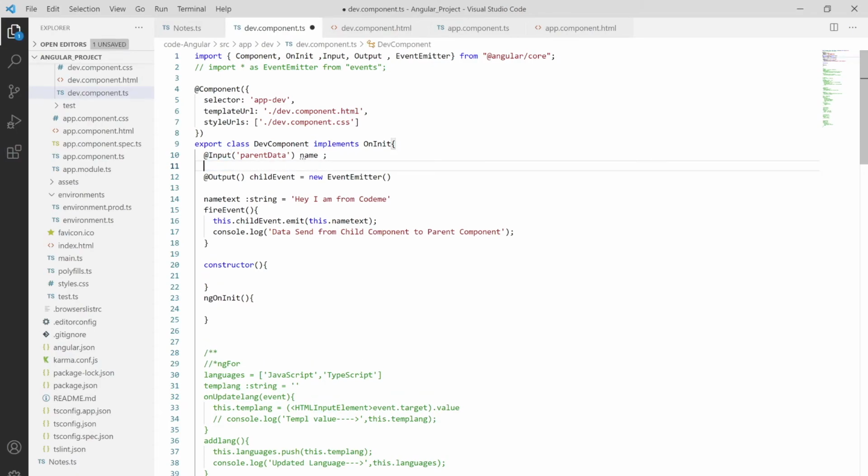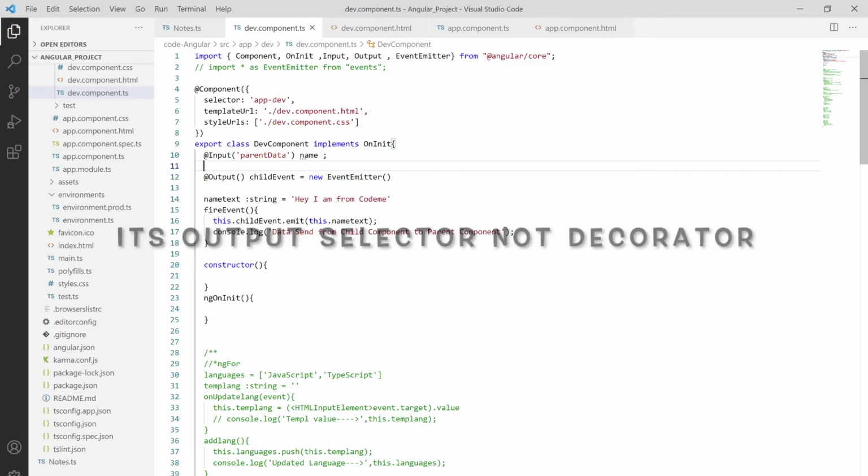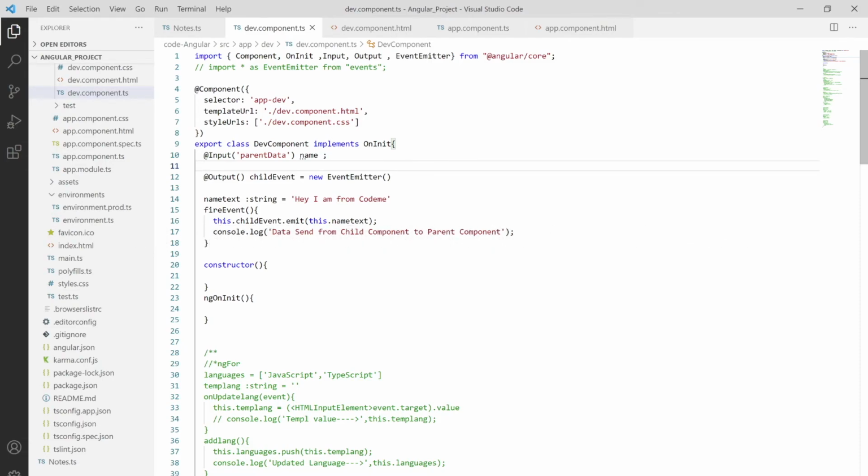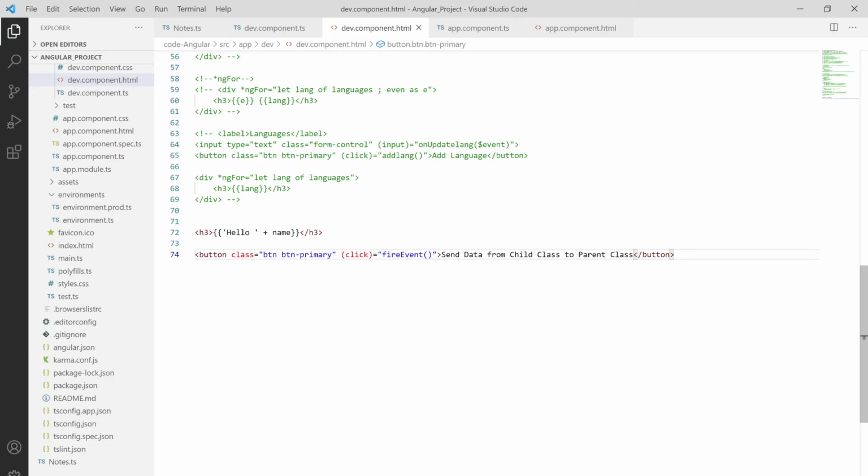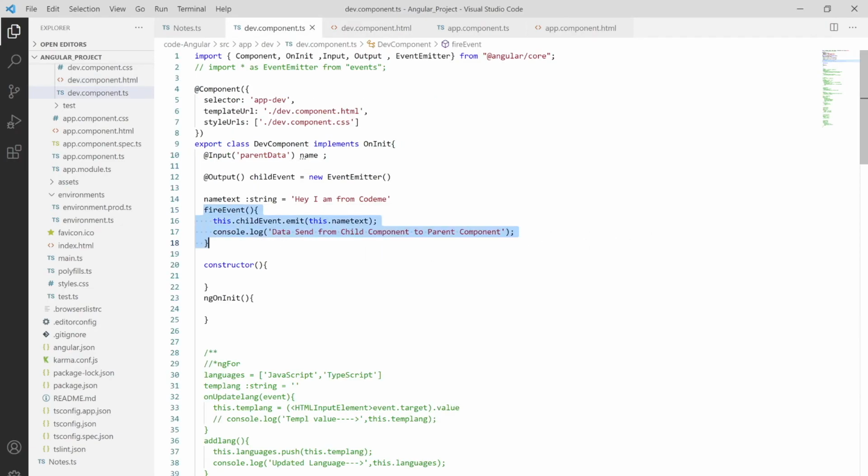But here we can't move this as while we are outputting data from our child component to parent component. So here we are using our Output decorator. What will the Output decorator do? The Output decorator will pass the data from our child component to parent component in the form of an event. So how is the event passed on some changes? Here in the HTML we are creating a button, and on the click of the button we are passing a function. As you can see in the function I'm passing the value of the name, or you can simply pass whatever you want to pass, and also logging the same thing.